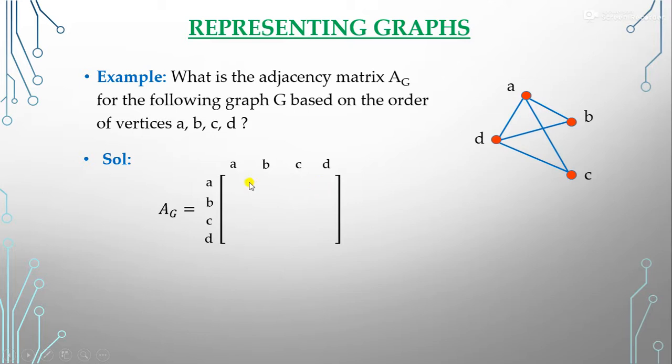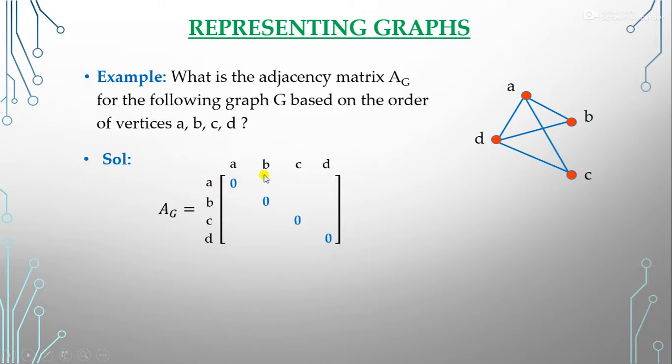Here you can see that A has no self loop, and B, C, D, all vertices have no self loop. It means that AA becomes 0, BB becomes 0. So all entries AA, BB, CC, DD are 0, right? I told you that we put 1 only if we have an edge between the vertices. But from A to A no edge is there, B to B no edge, C to C and D to D no edges. So we have to put 0 for these values.